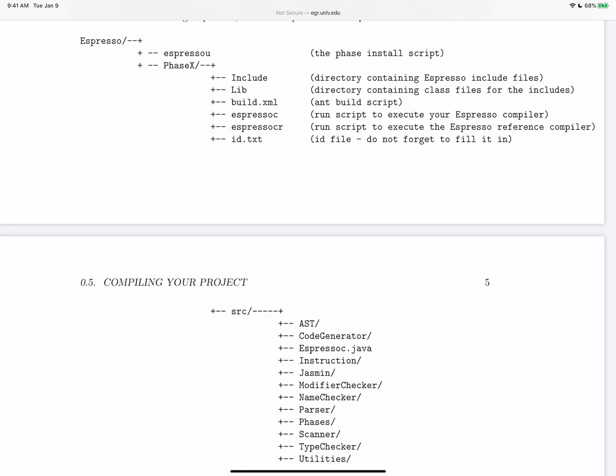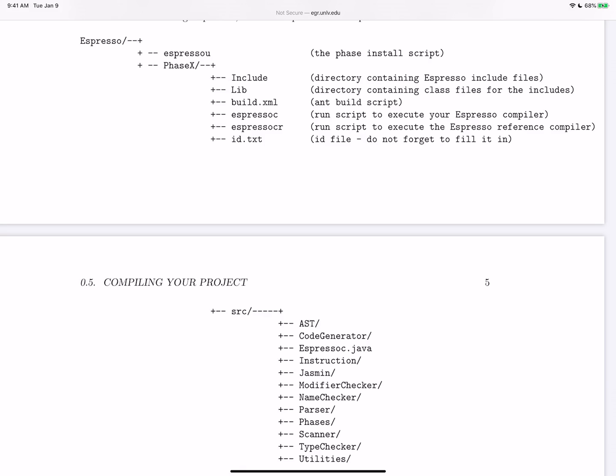And then we have Espresso CR, which runs and executes mine. So when you want to test your code, you can run little test files through my compiler, and you can run test files through your compiler, and you can compare the output. There are a number of fancy scripts that people have written for you to automate all of this, and we'll look at that a little later as well.